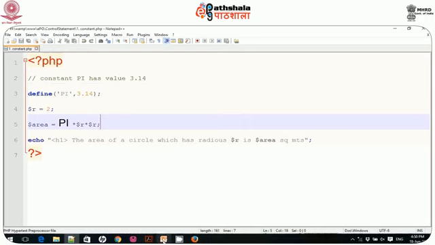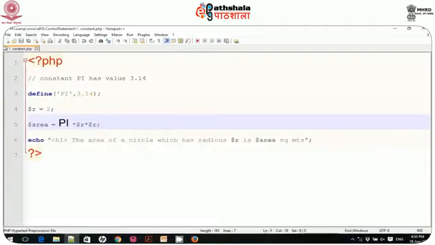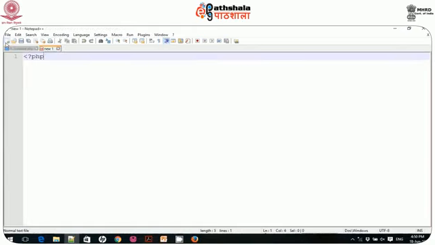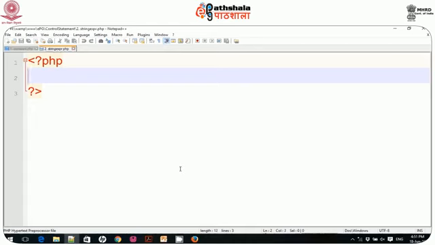Now PHP also allows you to define string expressions. In PHP you can define a string expression in single quotes or double quotation marks as well. Let me show one example. Let me start PHP and save this as a file, string expression dot php. If I write $name in double quotes, it is valid.